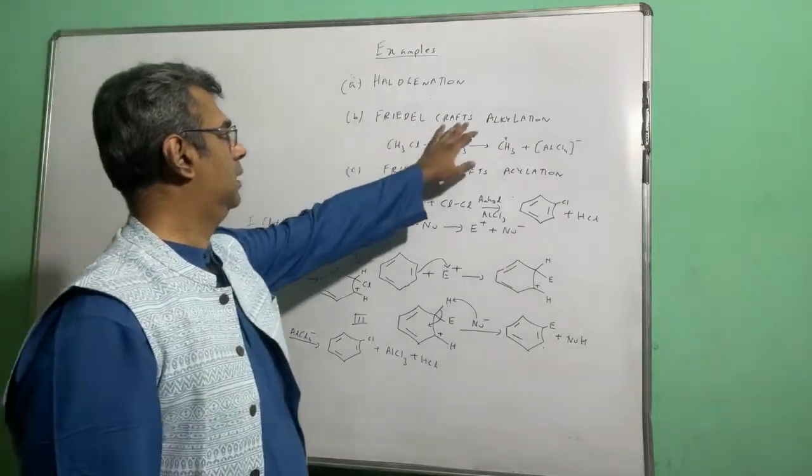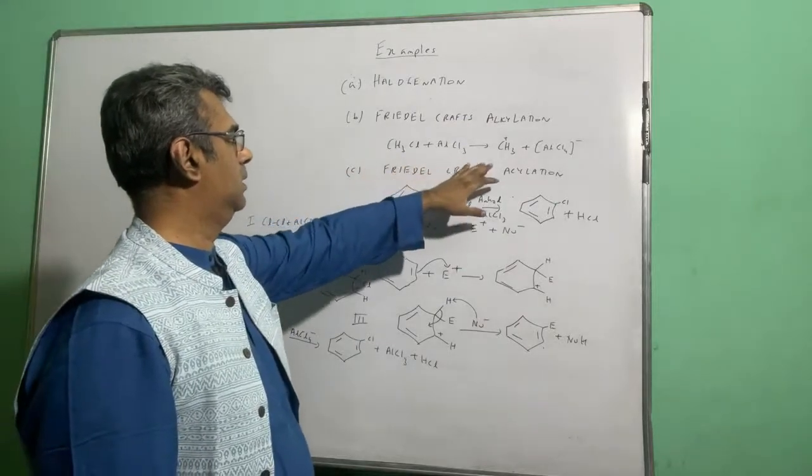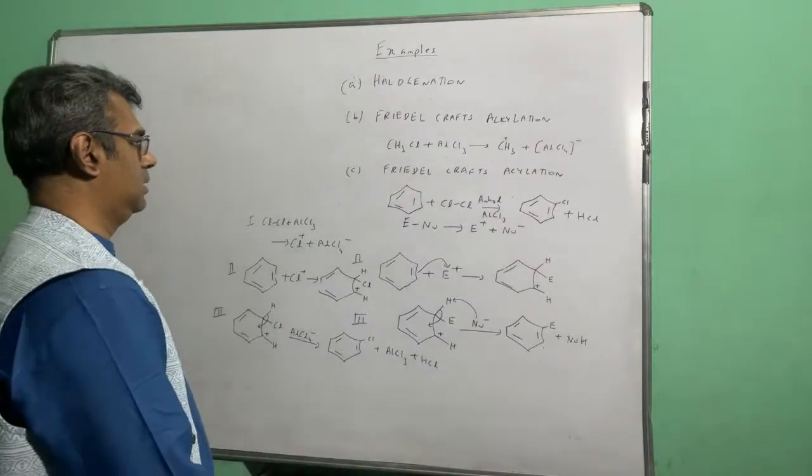So Friedel-Crafts alkylation: CH3Cl plus AlCl3 gives CH3 plus and AlCl4 minus,